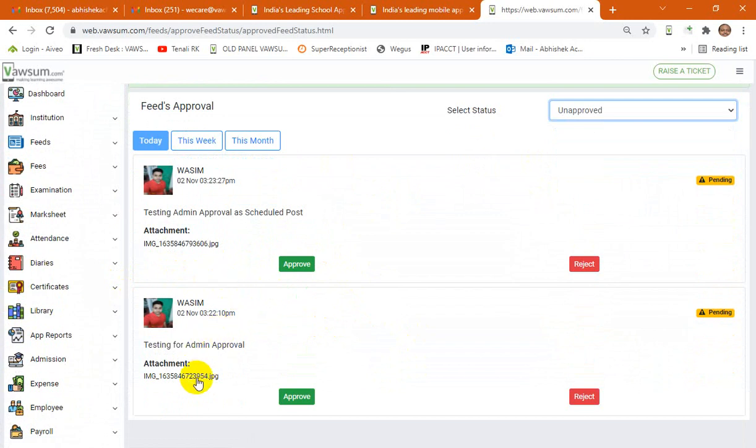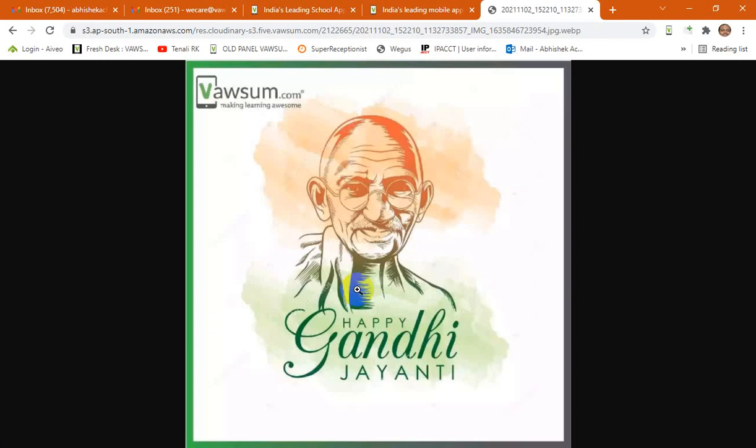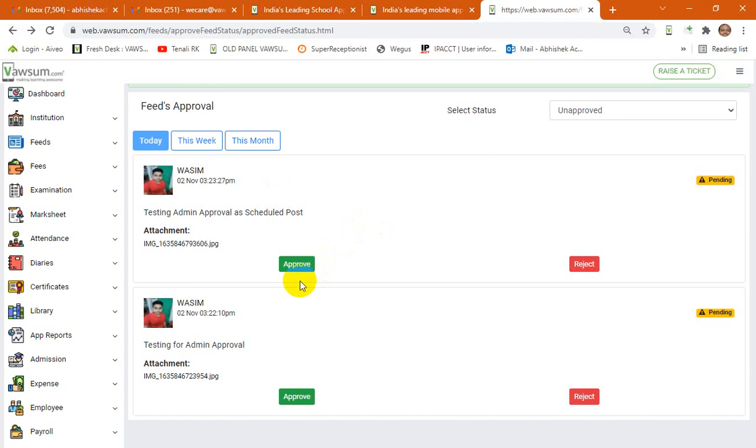Also, if there is any attachment with the feed, admin can always go ahead and click on that and it will reflect the attachment. So the admin can validate if it is a correct feed or post, and once the admin becomes sure to post it further, they can click on approve.